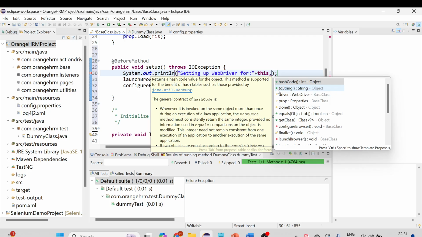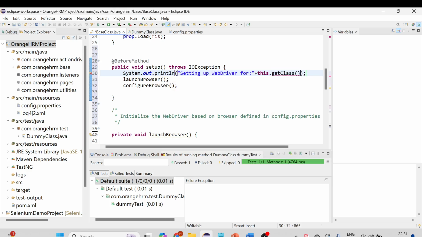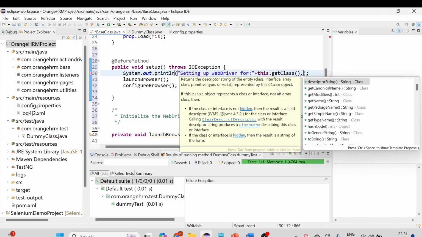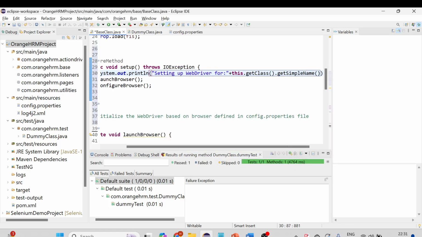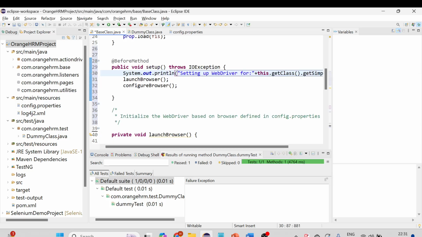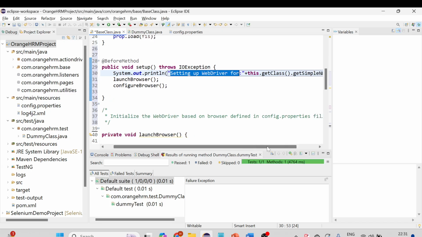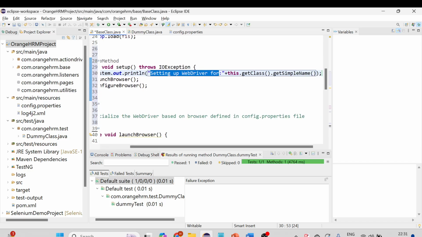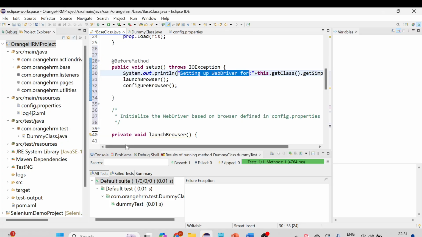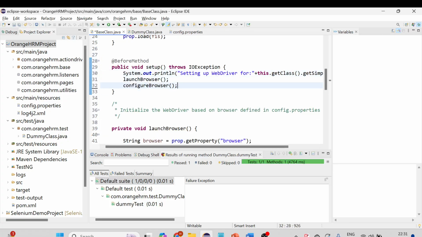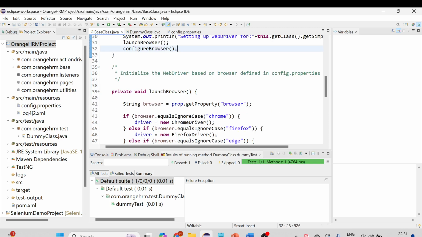We have a method called getClass, right? getClass dot getSimpleName, so that will give us the name of the class. So simply we'll print the message like setting up the driver for this dot class name, getSimpleName. So it will print the class name. So this is done, guys, and what we'll do next,